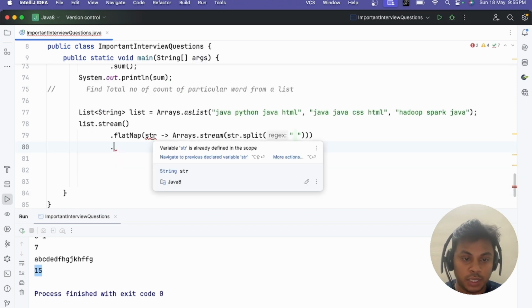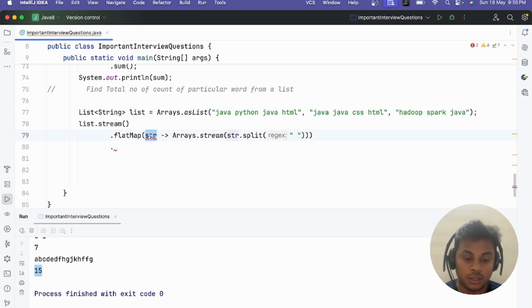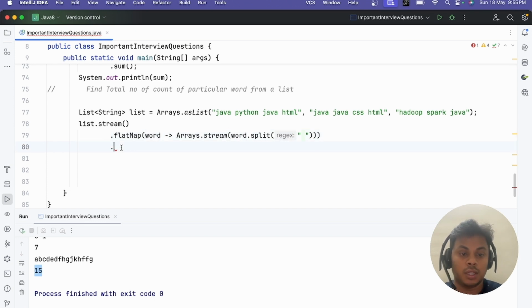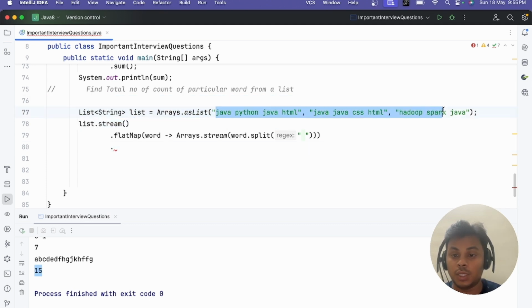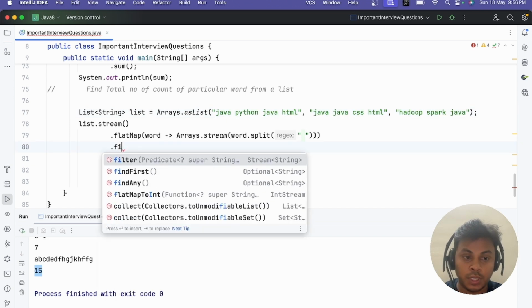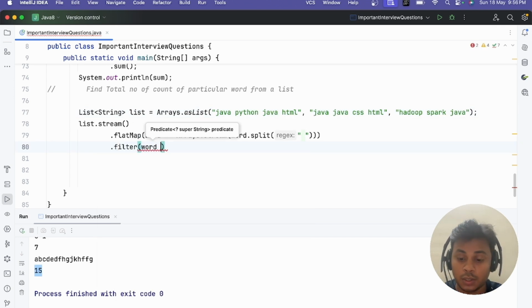So why is it giving an error? Variable str is already defined in the scope. Okay, we can make it as word, and this is word. Okay, here after flatMap we can just filter, so this is one array, all these strings are converted to one array now. So here I just filter